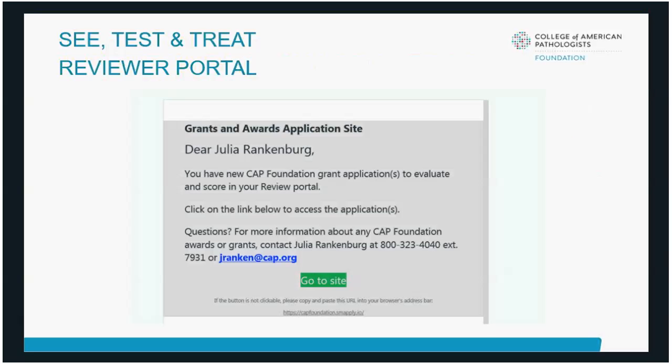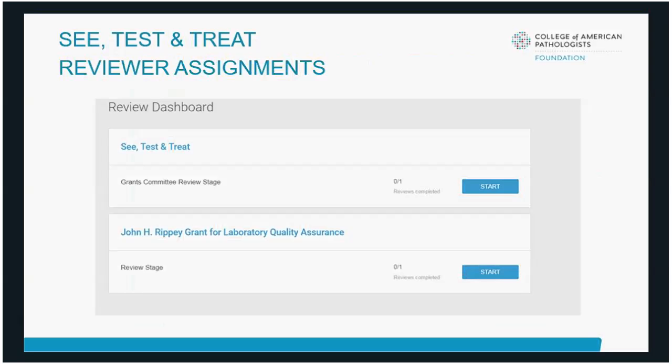So once the C-Test and Treat applications are vetted by staff, we will assign them to our review team. And when the assignments are made, each reviewer will receive an email notice. And what's being displayed is an example of an email notice that you will receive. Once you receive the email notice and you click the link contained in it, you log into